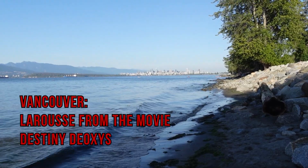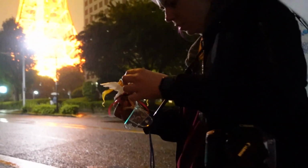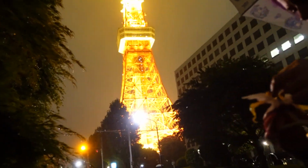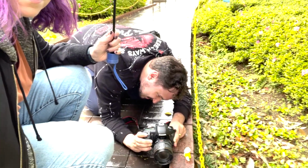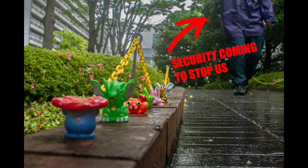Doing toy photography here is very guerrilla. We don't get to set up a lot of lighting, and sometimes we're in places where we get a little bit of side-eye from people when we're doing it. There's been more than one occasion where we weren't bothering anybody, but security told us to stop. So it's been kind of very much an adventure,